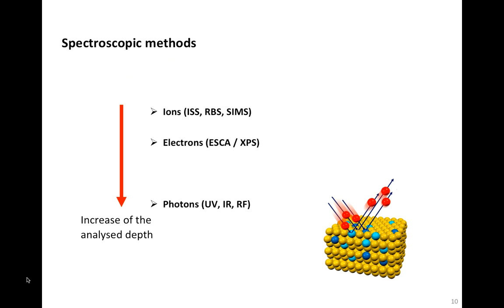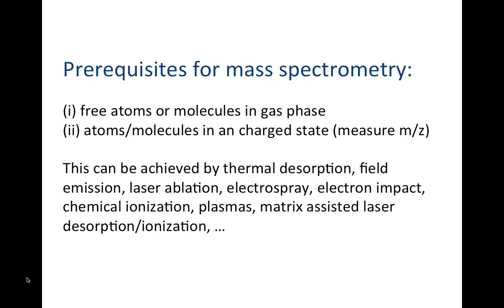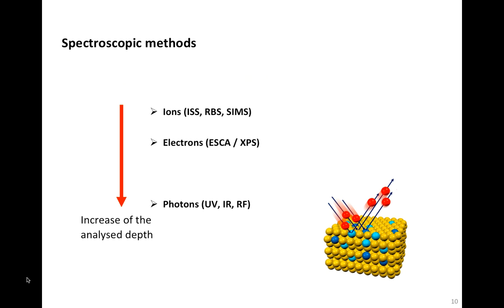So here we go. The depth of analysis increases depending on what you are using. If you are using ions, it's on the top, and then the next level is electrons, and then photons like UV, infrared and radio frequency. You're increasing the depth of the analysis. And of course, this is mass spectroscopy. So in the first one,